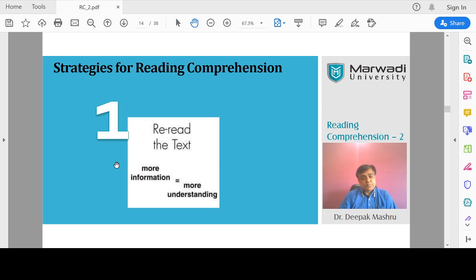Okay. Now, reread the text. That means the more you read, the more you understand, right? So here we need to be very clear that we need a lot of background knowledge, or a lot of knowledge about things. That means your reading should be powerful, right? That will help you. Number one, I'm talking in general, in a very generic way. Number two, to be very specific for one passage, right?